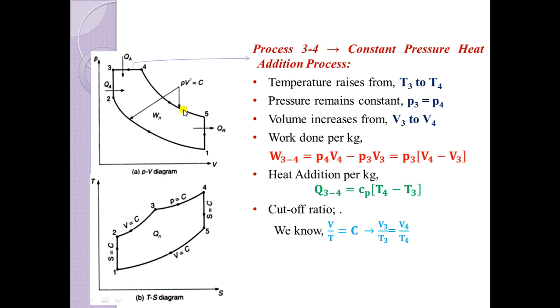Writing this for processes 3 and 4, we will get V3 over T3 is equal to V4 over T4, and rho is equal to V4 over V3, which is equal to T4 over T3. Finally we can write T4 is equal to rho T3, and T4 can be written as alpha into rho into T1 RC^(gamma-1), by replacing T3 with alpha into T1 RC^(gamma-1) from the previous process.